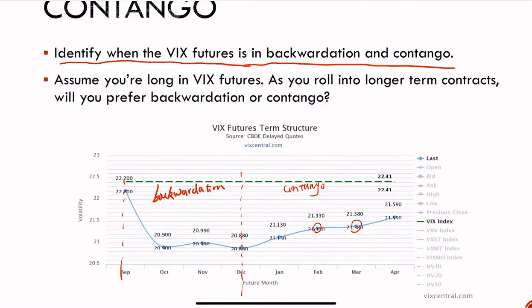So first let me explain, because we have this word roll into longer term contracts here. What does this mean? Well, it means that, let's say you're an investor, right? You're taking a long position in VIX futures. Let's say you want to invest